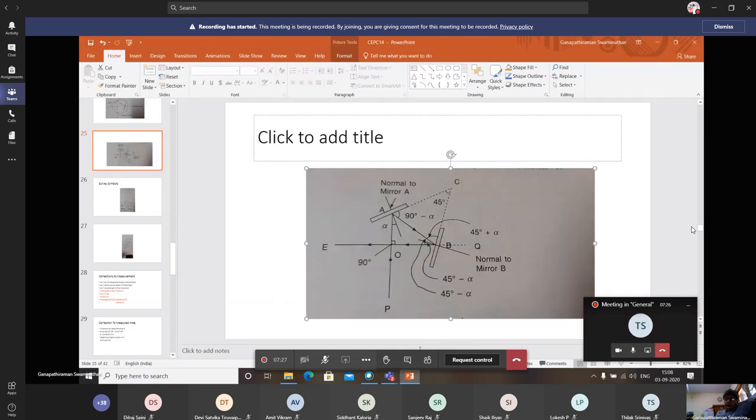Okay. Now, yesterday I was telling you about the optical square. The optical square is an instrument we use to set out a perpendicular on a line. It has two mirrors, arranged such that the angle between them is 45 degrees. This is one mirror and this is the other mirror. This mirror is polished at the bottom and transparent at the top.